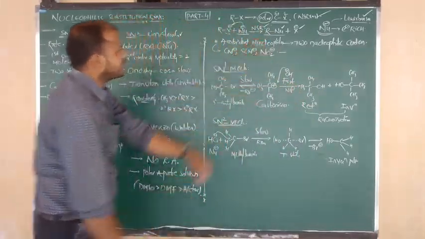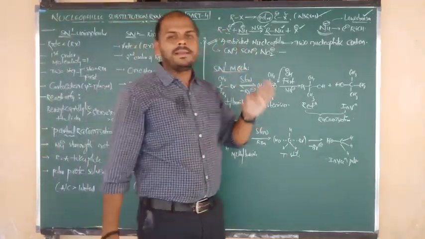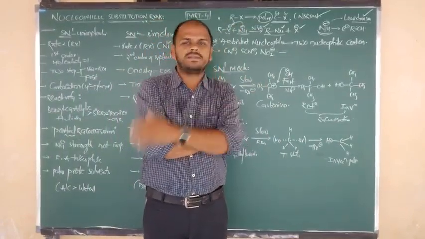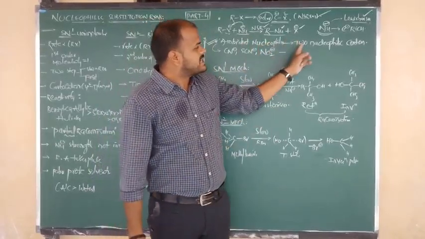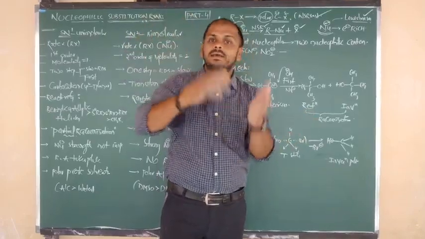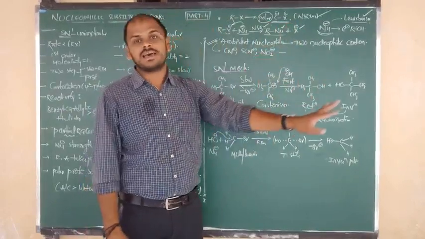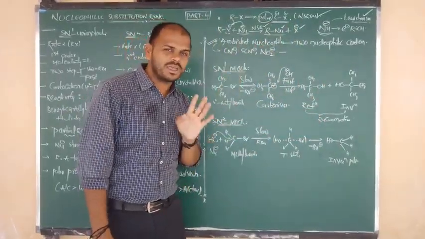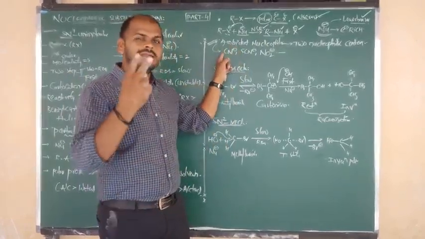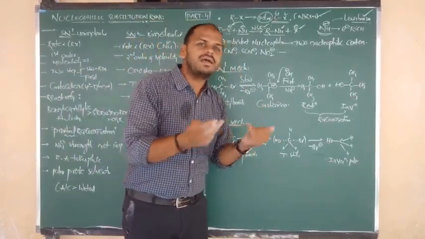Good. Next, another definition I want to show you, it is also important for you. What is meant by ambident nucleophile? Ambident, ambi means two centers. The nucleophiles which have two nucleophilic centers, that is two ligating centers, two connecting centers, such nucleophiles are ambident nucleophiles. Example, CN minus, it can be connected through C and it can be connected through N. If connected through C, cyanide; if connected through N, isocyanide.